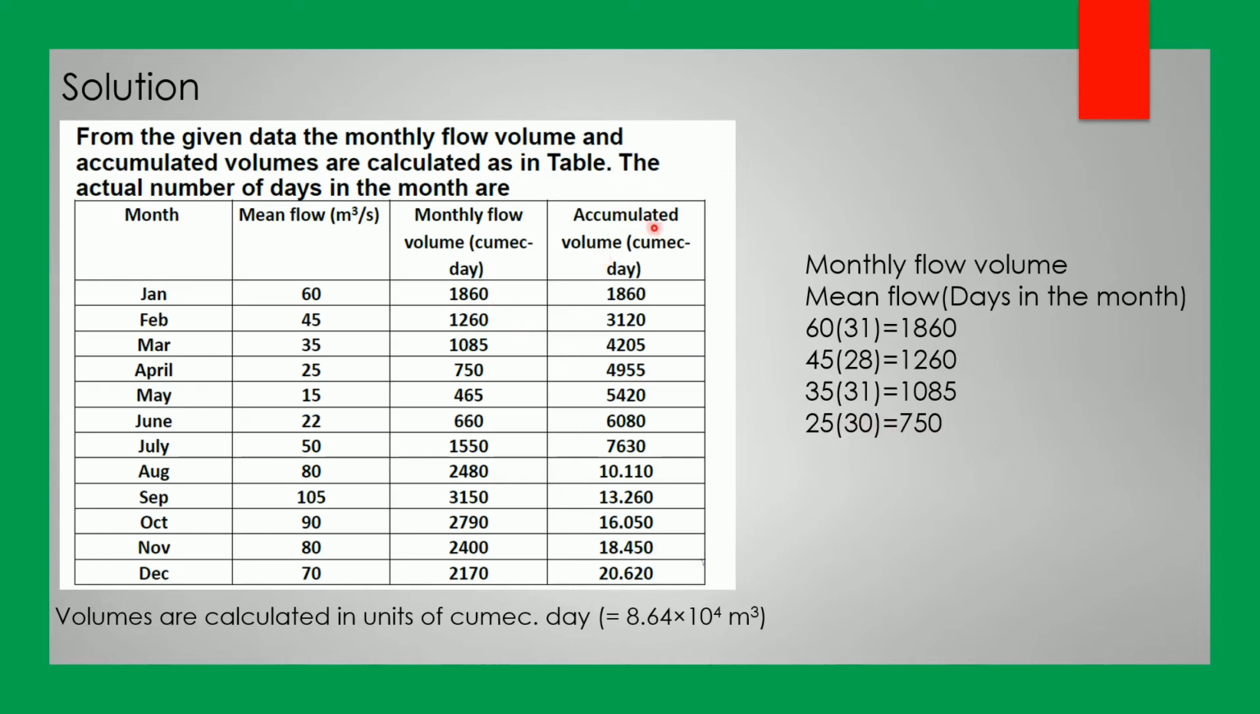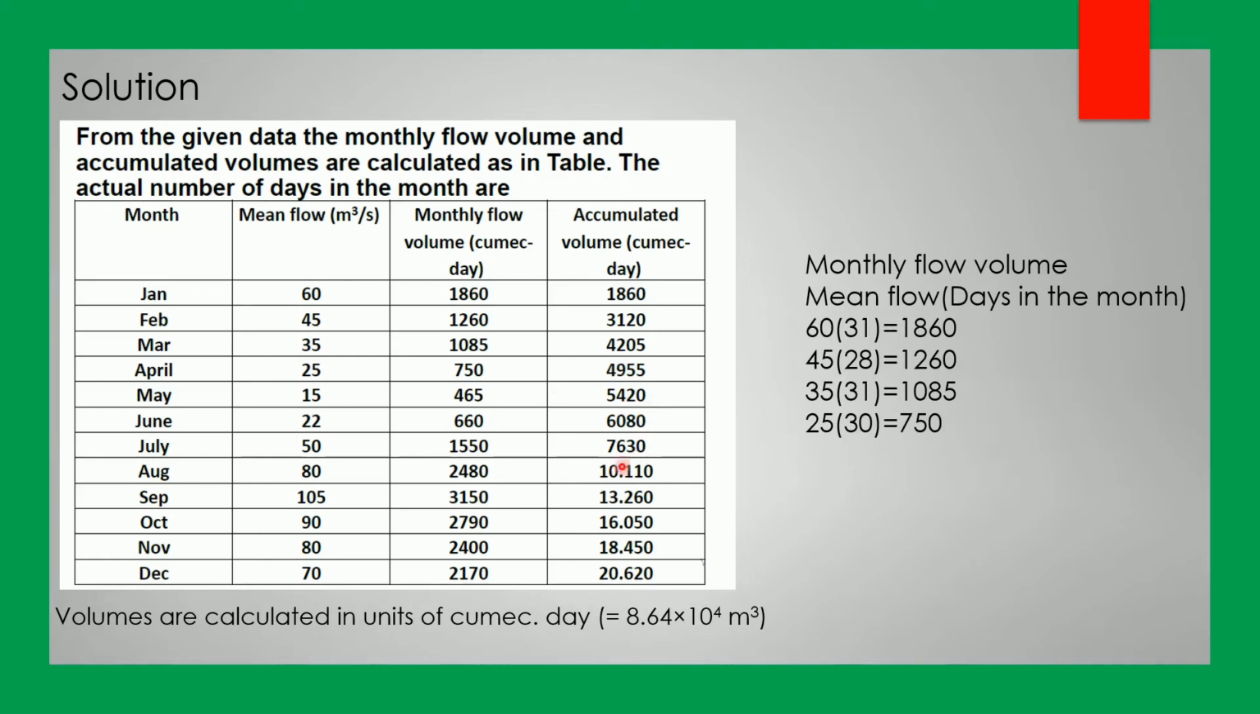The accumulated volume is the previous accumulated volume plus the monthly flow. January starts at 1,860. 1,860 for January plus 1,260 is equal to 3,120. 3,120 plus 1,085 is 4,205. 4,205 plus 750 is 4,955. For the accumulated volume in April, we add the monthly flow for May,